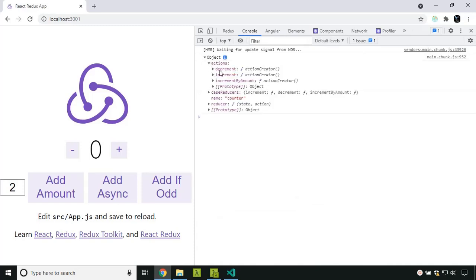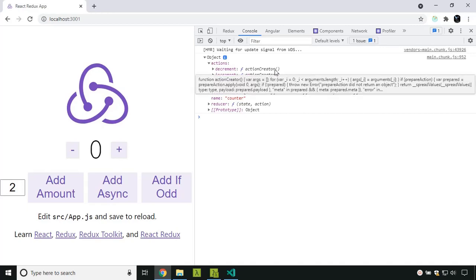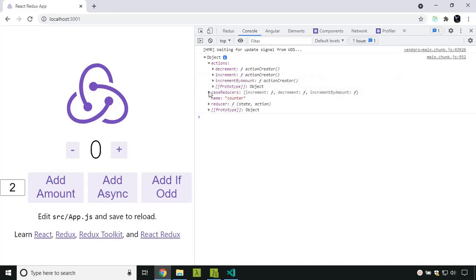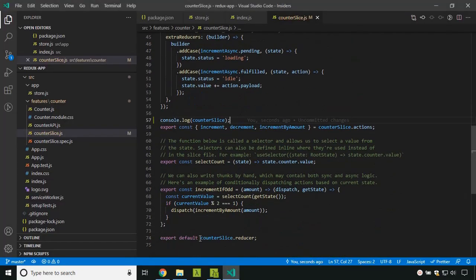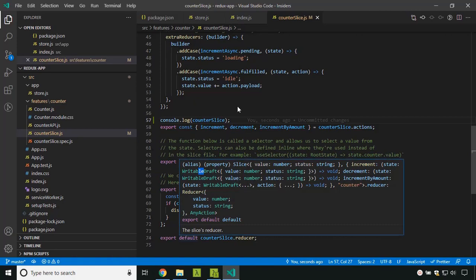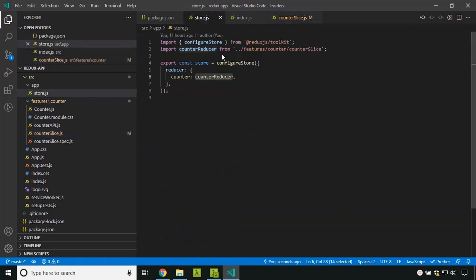Inside that we have the three action creators, with names similar to the reducers. Whatever name we give inside the reducer, the exact name will be used for the action also. These are basically action creators, and we can also see the name which we gave initially, and similarly the reducers. This is the reducer which we will be exporting, counterSlice.reducer, and we will be using that inside our store.